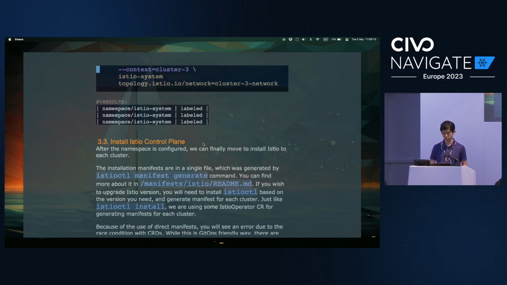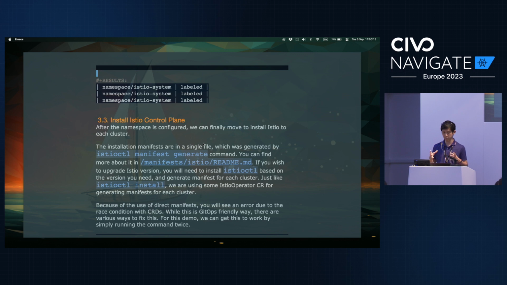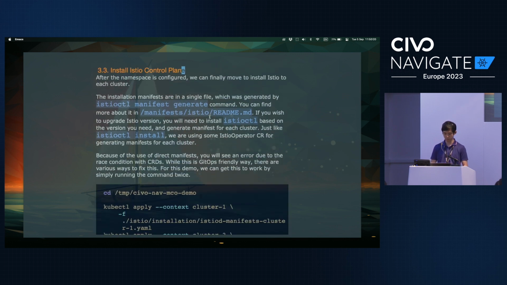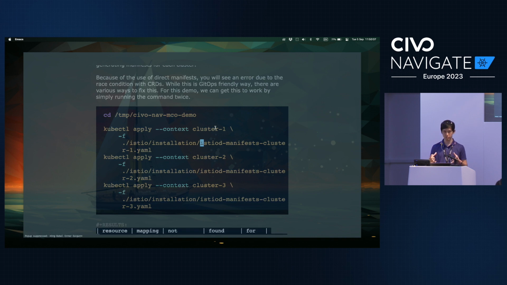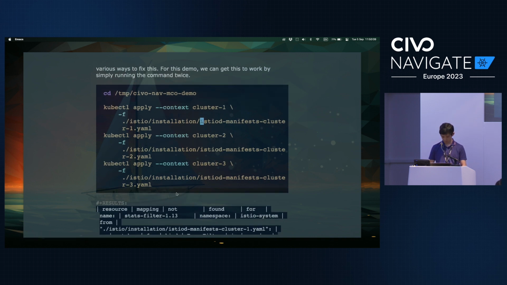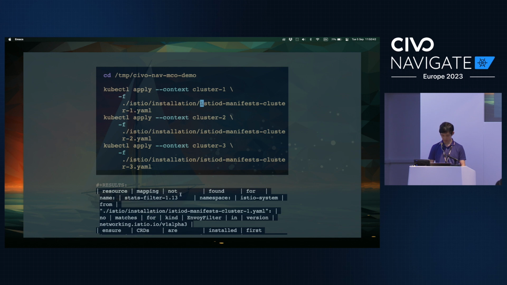If you have a single network and Kubernetes deployed in a single network, you don't have to do this, but it is a requirement if you have multiple. With that, I'm just going to deploy Istio with kubectl apply, and that would fail. I should see an error, because the CRDs are part of the spec, and I'm getting an error saying that the CRD is not defined. If I just run it twice, that error goes away.